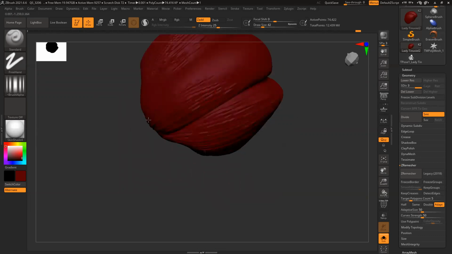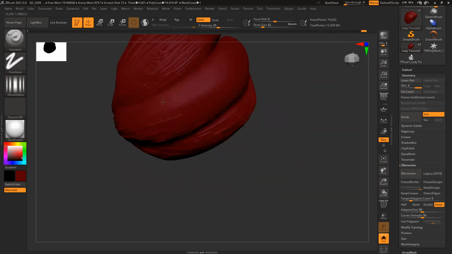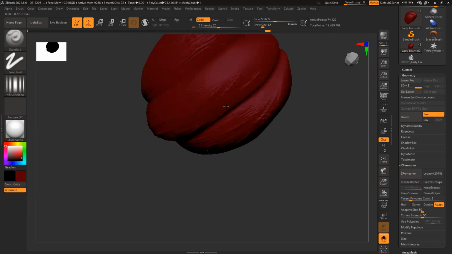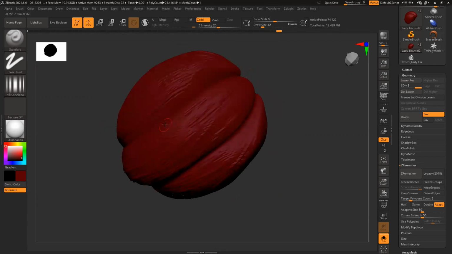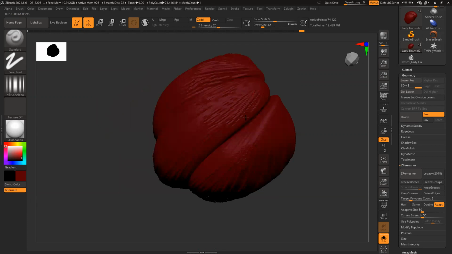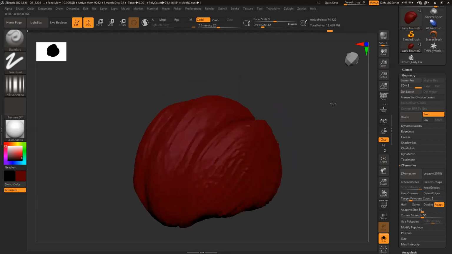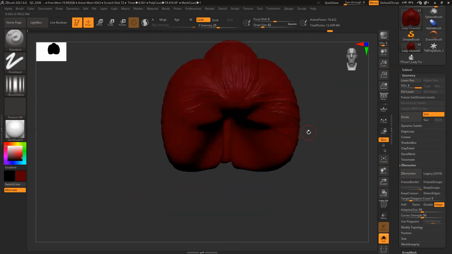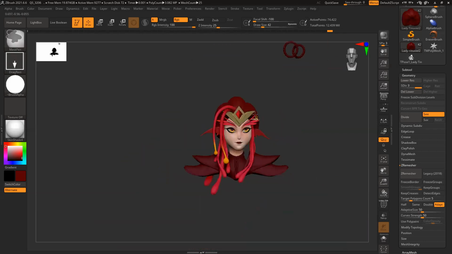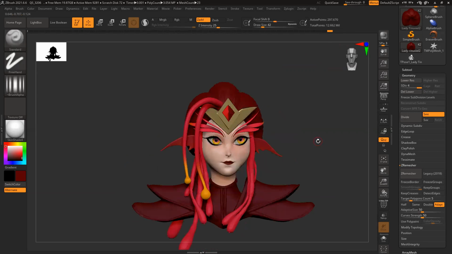And add all the details. You can see it's pretty low poly. I'm not increasing the poly count. The reason is, initially, once I create a detail, then if it's visible enough or required, only then will I increase the poly count. ZBrush doesn't have any poly limit, but why unnecessarily increase the poly count, because it will make your file heavy. Control D, max to max one more time.